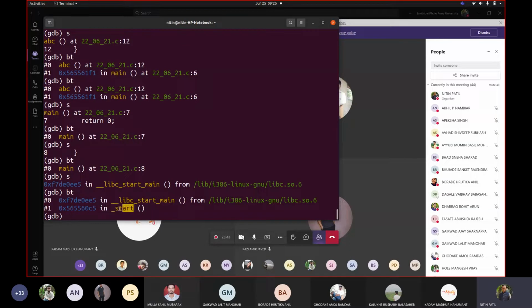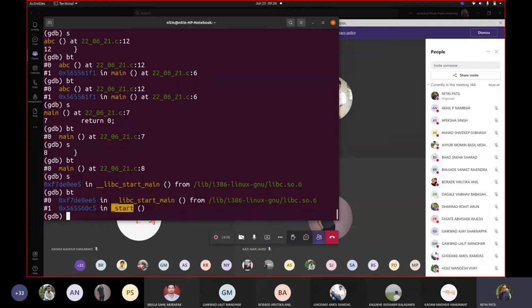That is the reason why, if you recall, I said that a dot out would be getting executed, or the file that is created using GCC as an ELF32 or ELF64 file. The first function which gets executed from that executable is start, and from the program's point of view, it would be main. Okay, but from the executable's point of view, it is underscore start.